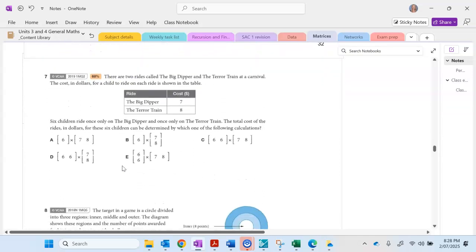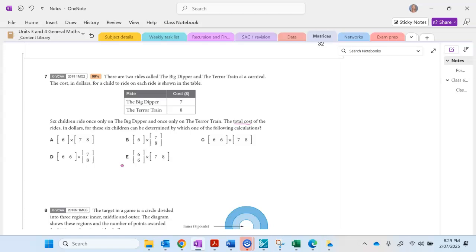All right, question 7. There are 2 rides called the Big Dipper and the Terror Train at a carnival. The cost in dollars for a child to ride on each ride is shown. 6 children ride only once on the Big Dipper and once on the Terror Train. The total cost of the rides in dollars for each of the 6 can be determined by which of the following. So 6 children ride only once on the Big Dipper and once on the Terror Train. We want the total cost. All right, so